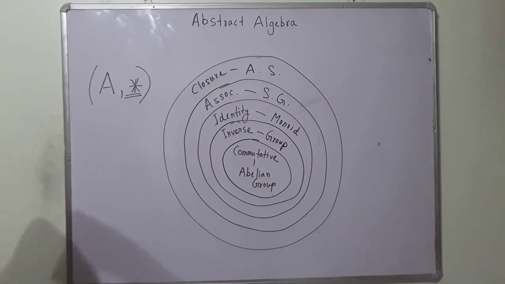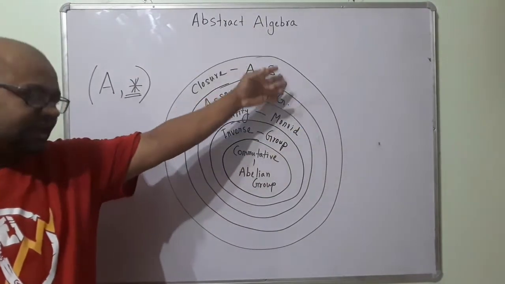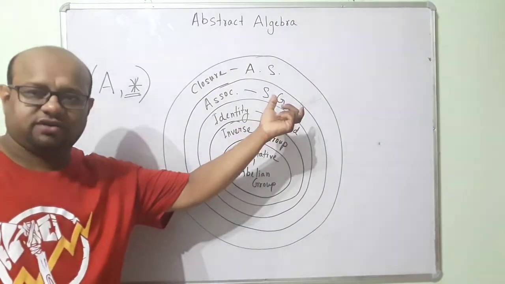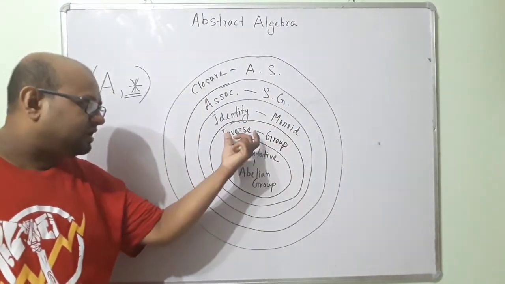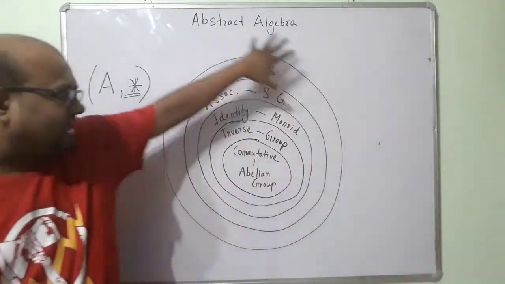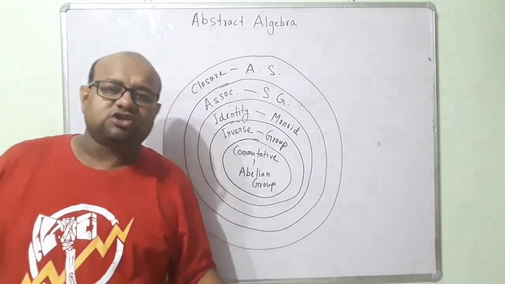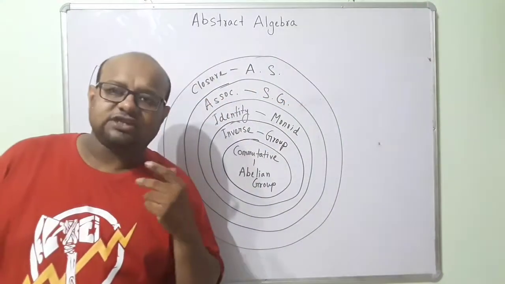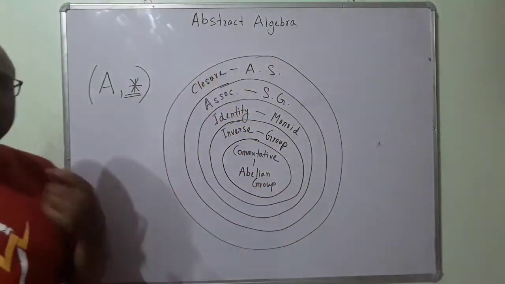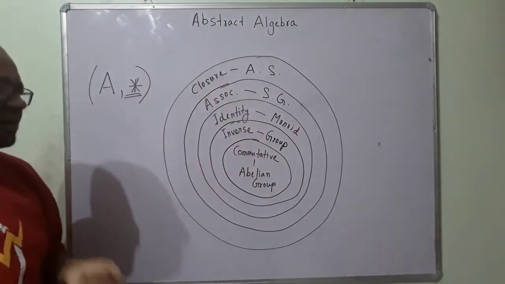So we can see that to be a group, it has to be a monoid, it has to be a semigroup, it has to be an algebraic structure. Something cannot be a group without being a monoid. Among all these pairs, a set and an operation, there will be lots that are not even algebraic structures. For example, we saw the set of natural numbers and minus is not even an algebraic structure. It is not even closed. So that is outside what we are interested in.